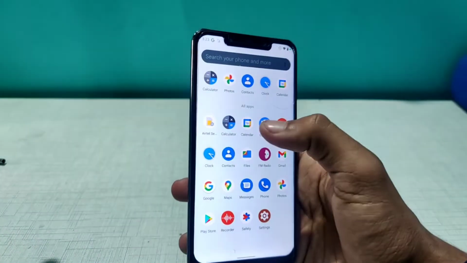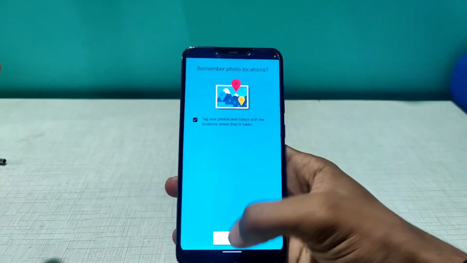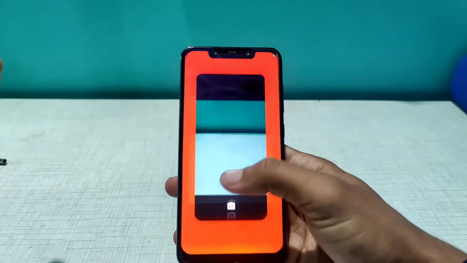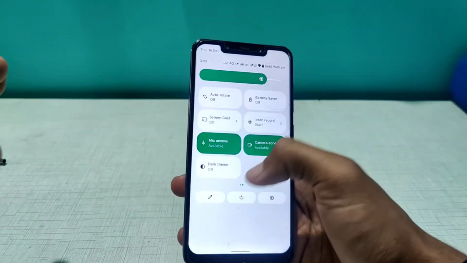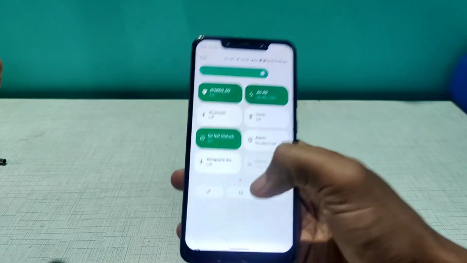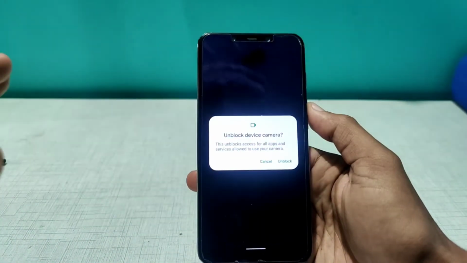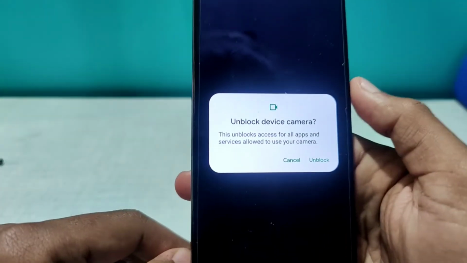In the camera, do we have a camera? Yes, we have a default camera with us. So we can click pictures, and let me disable the camera for now. So I'll disable the camera. It says camera blocked, as you can see. Now if I turn on the camera, this won't work, right? It will say unblock the camera.